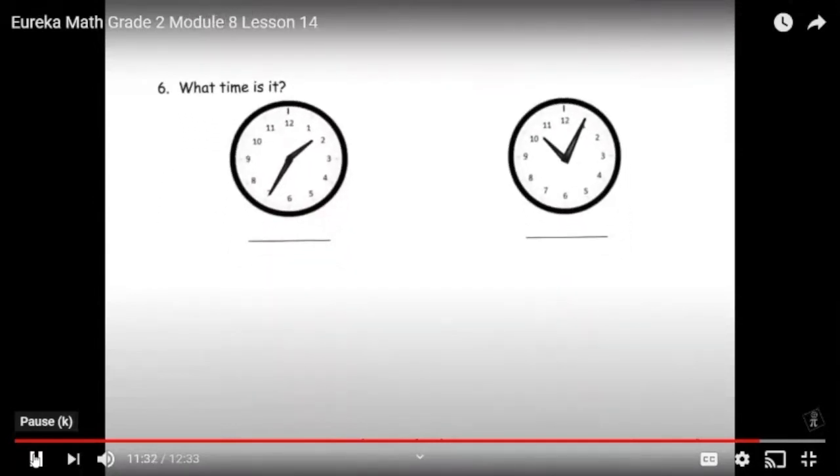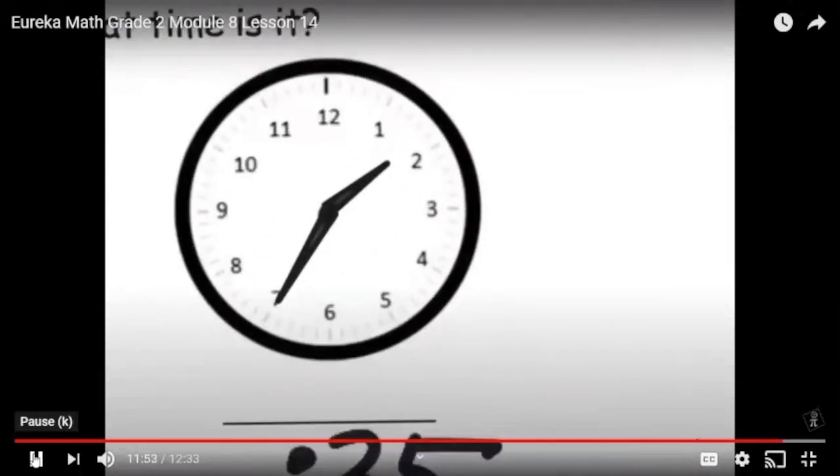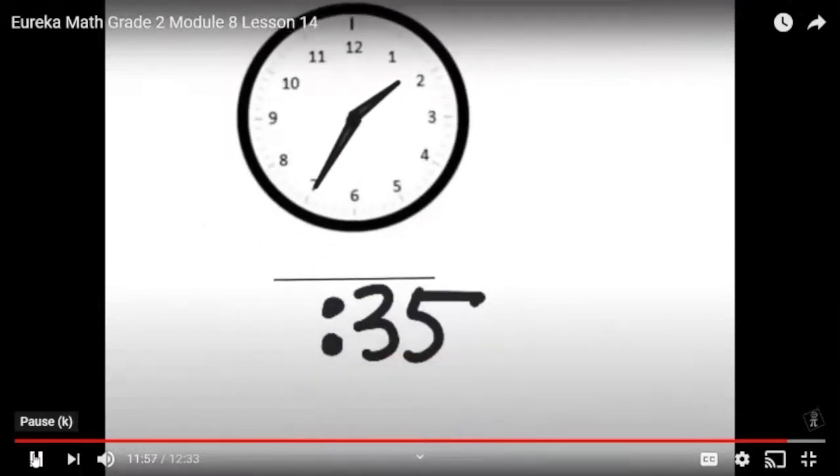Something that makes more sense is these two questions where students are supposed to say, what time is it? So we're going to look at the minute hand and we see that it's at 35. So we definitely know the minute hand is at 35. What's the hour? Well, it's a little bit past the 1. It's not quite 2. So we know it's a little past the 1, not quite 2. So we know that the time is